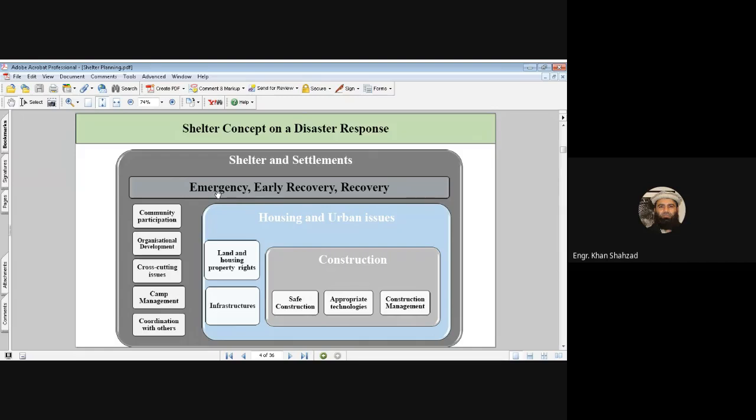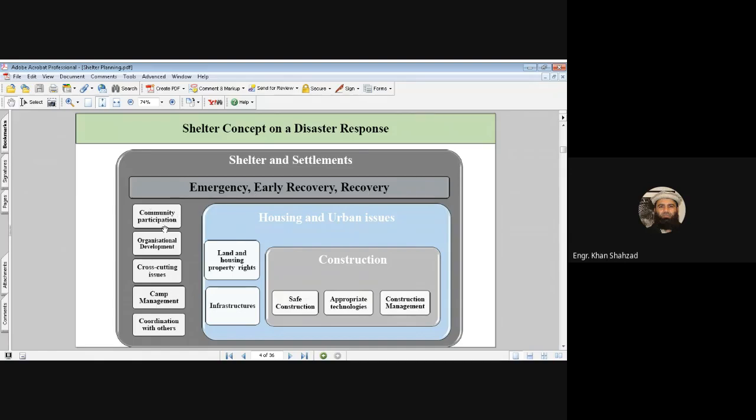If you have disasters, after the disasters, you will have emergency. And in that emergency, you have to provide the temporary shelters, or you have to ship the people in emergency to the evacuation center. You have to provide medicine to those people who have got injured. Then for the early recovery, you have to provide separate spaces, or you have to provide shelters to these people so that they can live with their own family. And in the recovery stage, you have to help these people so that they can rebuild their houses, or build new houses.